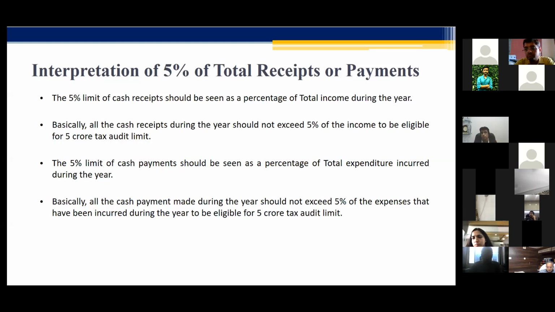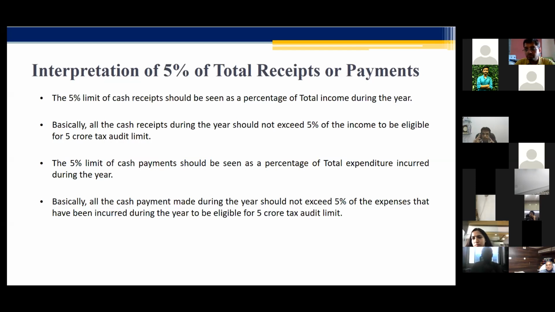In fact, there were judgments when it came to 40A1A and 40A3 also, that if it is a capital expenditure, it would not be covered when we are interpreting these sections for the purpose of computation of total income. It is well known. The purpose of the tax audit is also for determination of correct computation of total income. So when you are doing the tax audit, further, my mind also goes at this time before interpreting this,